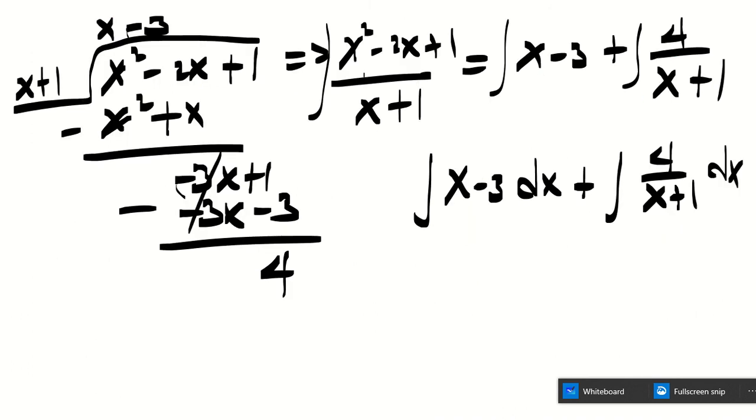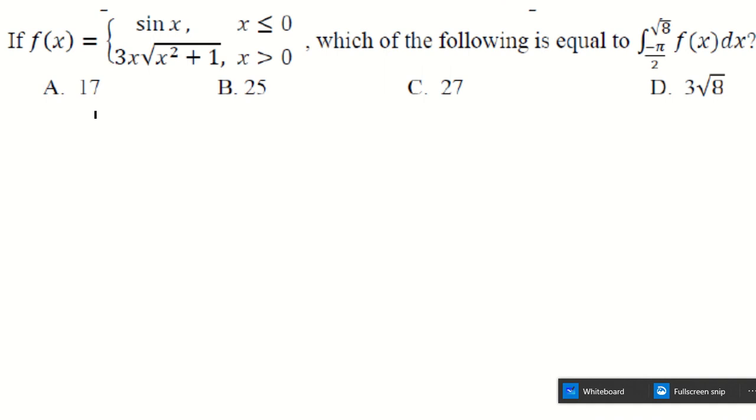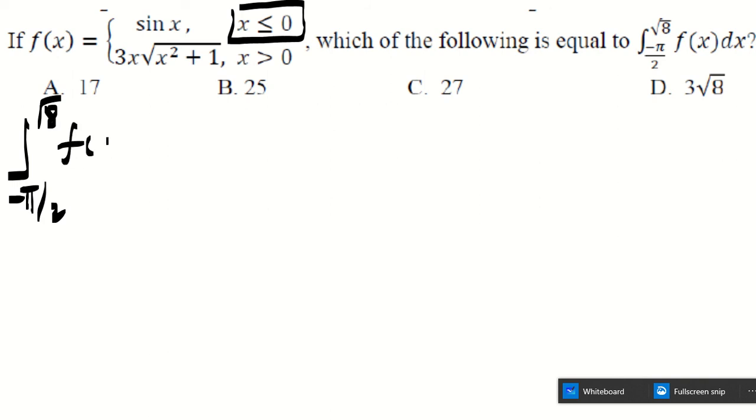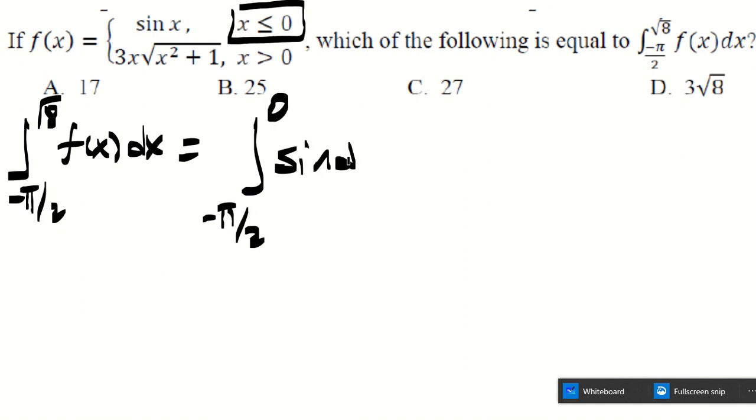That's it. The next one says, if f of x is equal to sine x when x is less than or equal to 0, remember this division point, and the function f of x is 3x square root of x squared plus 1 when x is greater than 0. And then we are asked to find the integral from negative pi over 2 until root 8 of f of x dx. This is the same as, from negative pi over 2 until 0, the function taken as sine x dx. We'll integrate sine x